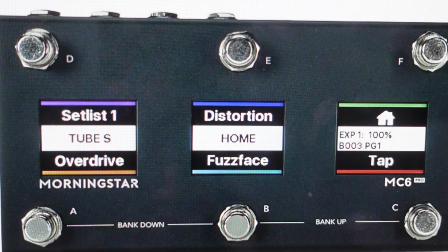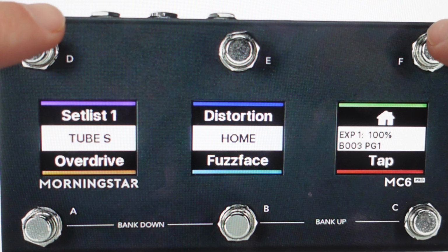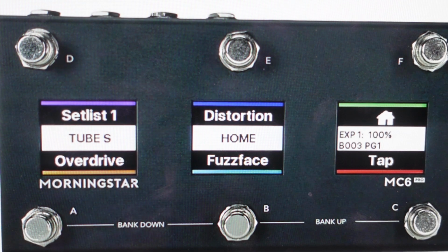We can go ahead and do that really easily. We just need to access the global menu, and we do that by pressing D and F at the same time. Once we do that, that'll open the global menu, and we can scroll down until we find reset, and then from there you'll select factory reset. It'll give you a little disclaimer, and you'll have to confirm with a yes, and it will